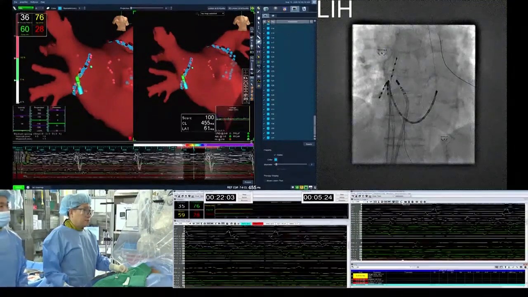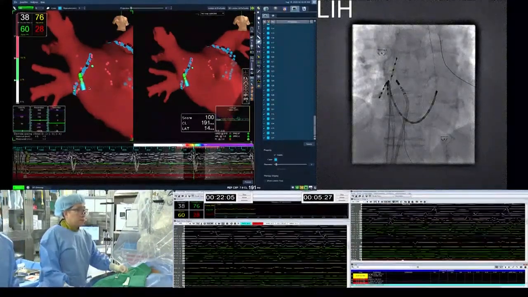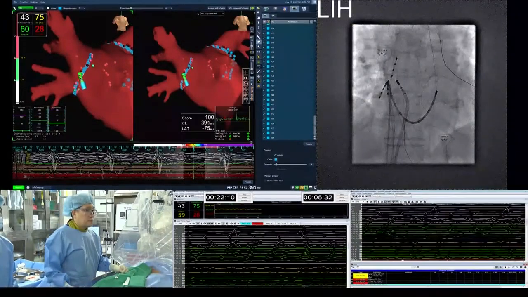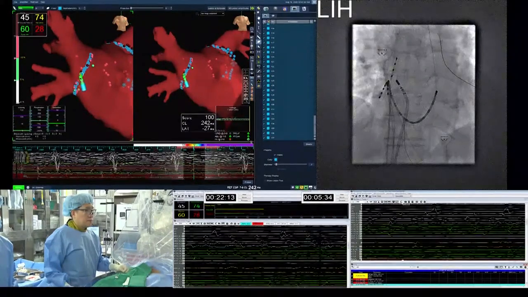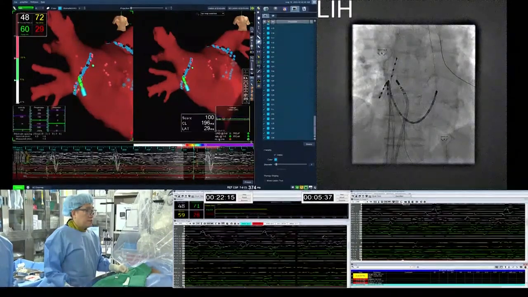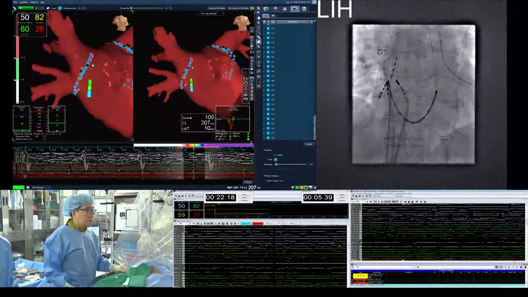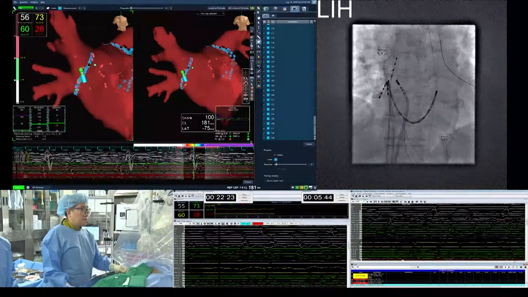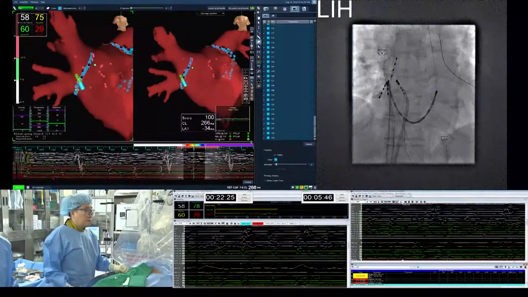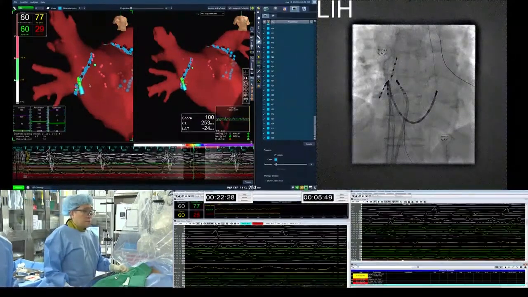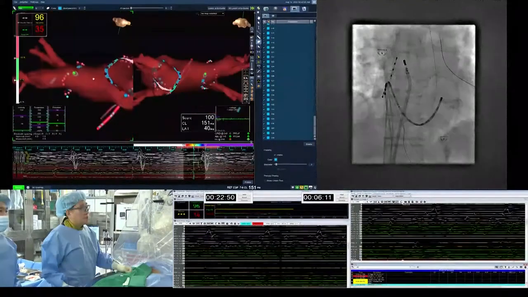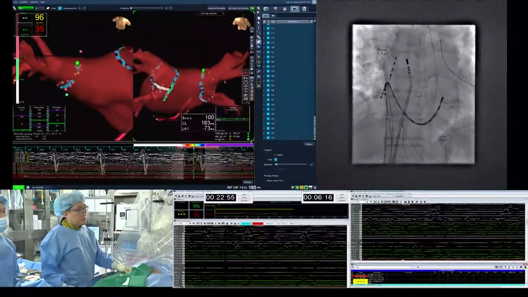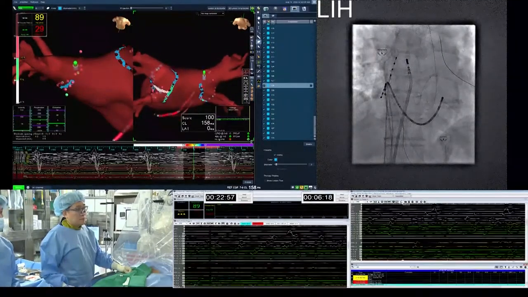This is the easiest part, and this is also an important part. The anterior and posterior carina of the right side pulmonary vein is an important point. You need to give enough burn. The root part of the right side pulmonary vein is also difficult, one of the difficult parts during PV isolation.